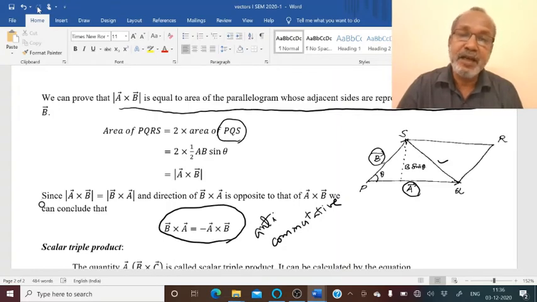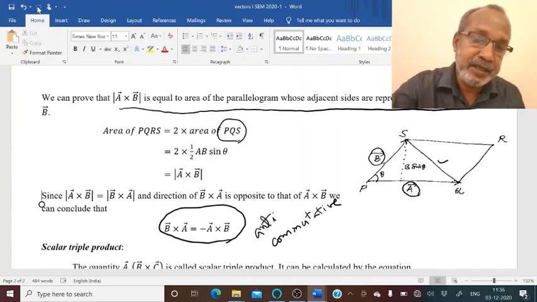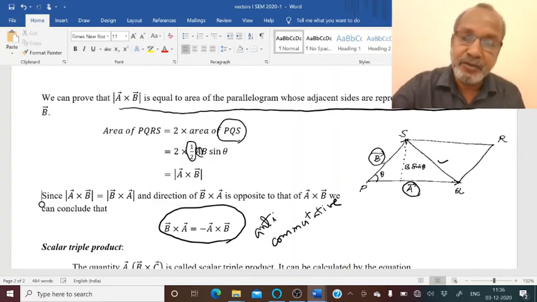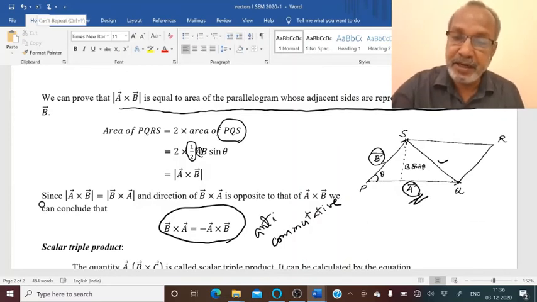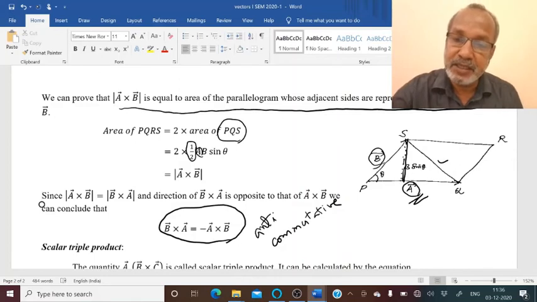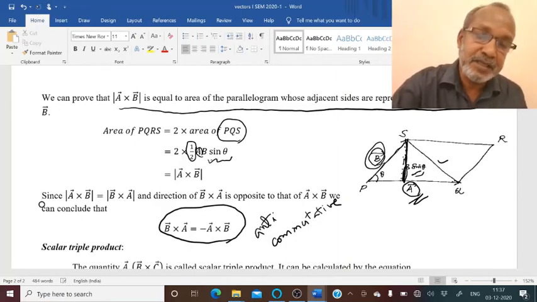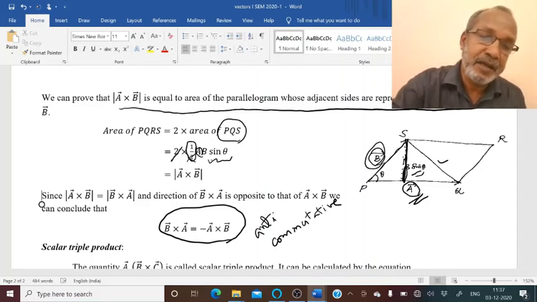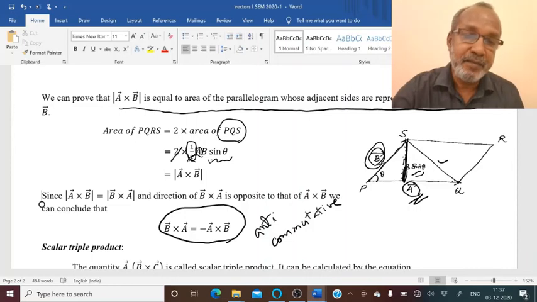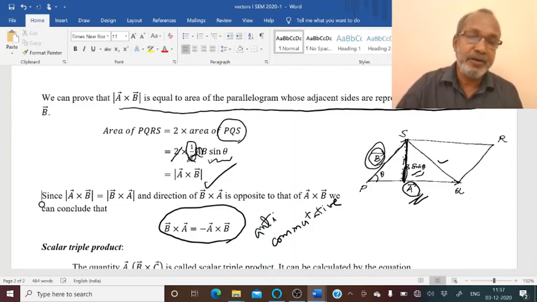The area of a triangle is half base into height. So you can see it here. This is half, the base is a, you can see the base a here, and the height is this one. This is the height of the triangle, that is equal to b sin theta. You can see from this right angle triangle, the hypotenuse is this b, and this is the opposite side, and opposite side by hypotenuse is sin theta. So the opposite side will be hypotenuse into sin theta, that is written here, b sin theta. So the height is b sin theta. If you cancel half and half here, then you will get ab sin theta. Ab sin theta is equal to the magnitude of a cross b.